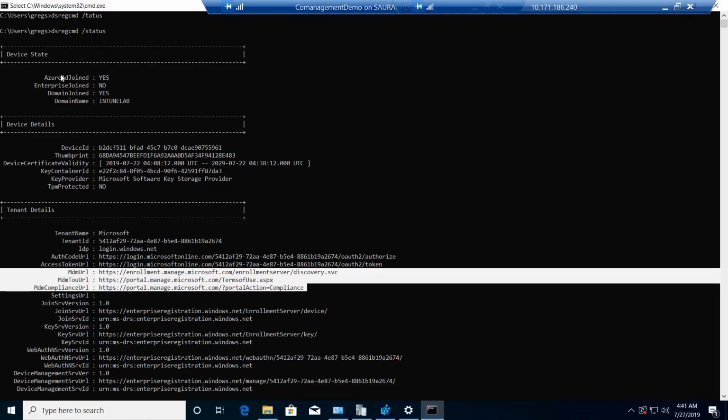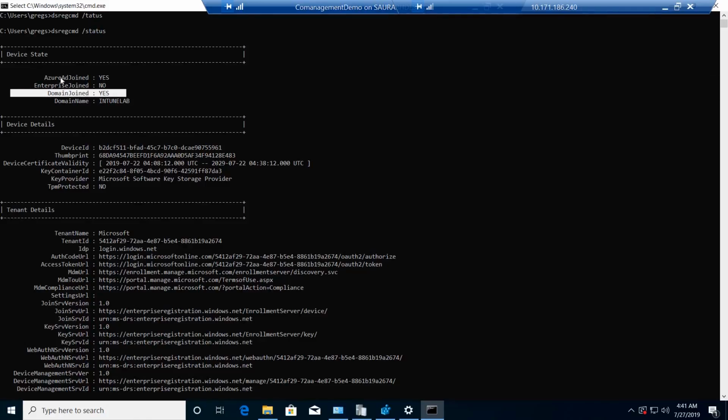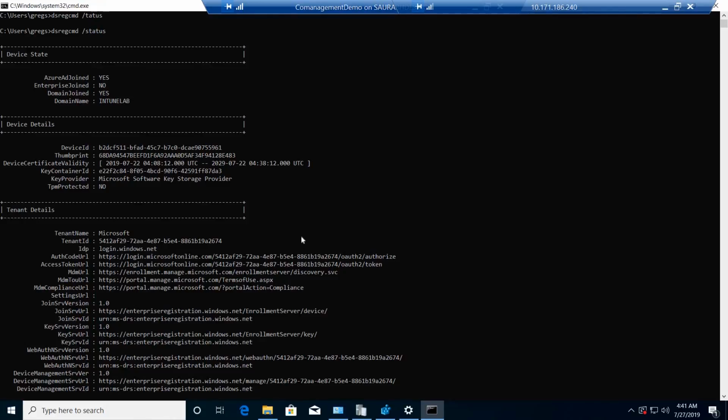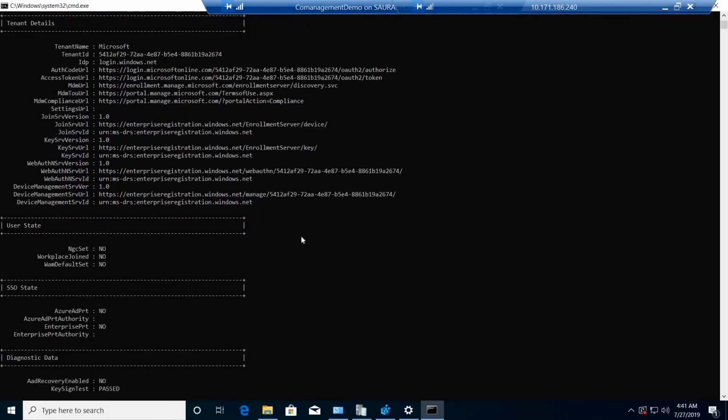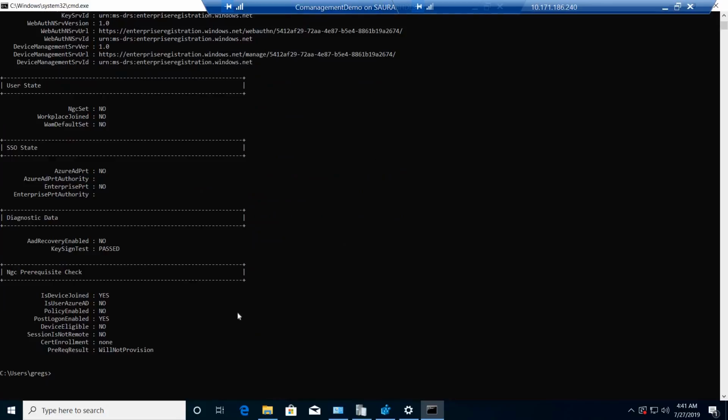The device is Azure AD joined, yes. The device is domain joined, yes. The device is joined to Azure AD as well as domain. Therefore, it's called hybrid Azure AD join. Okay, not much to see here, but the point that I'm trying to make was that I did